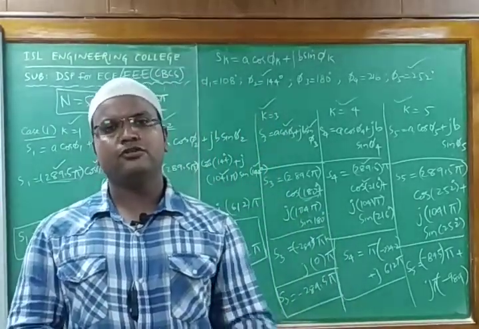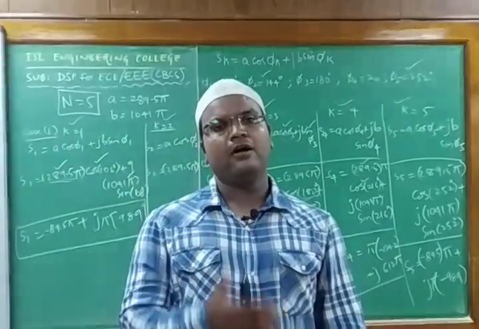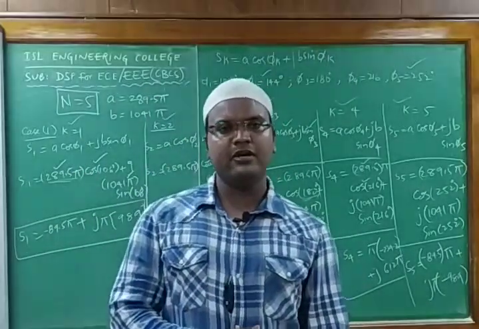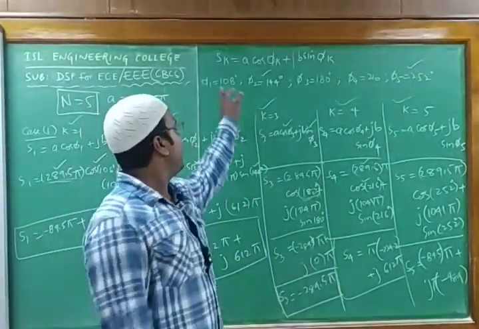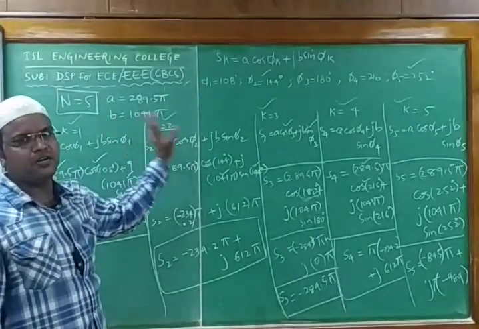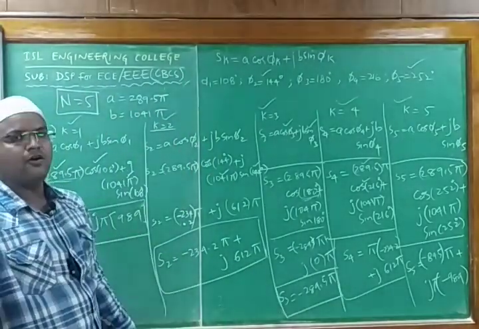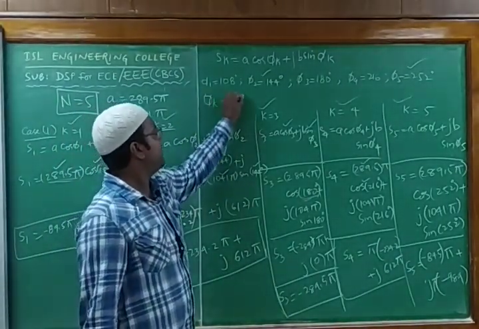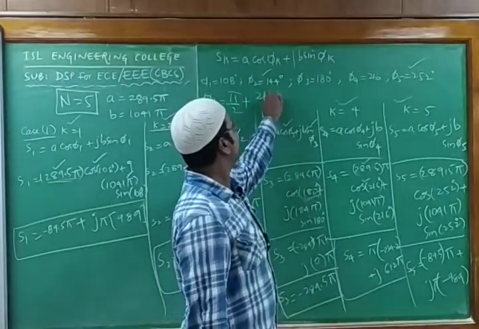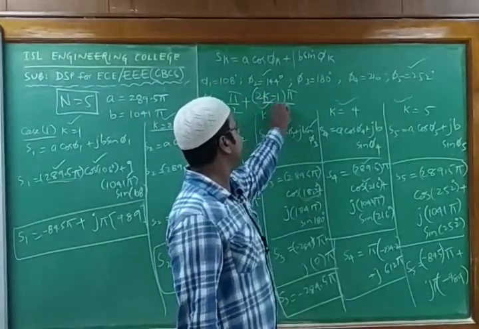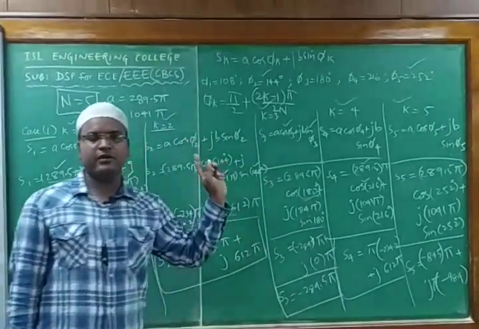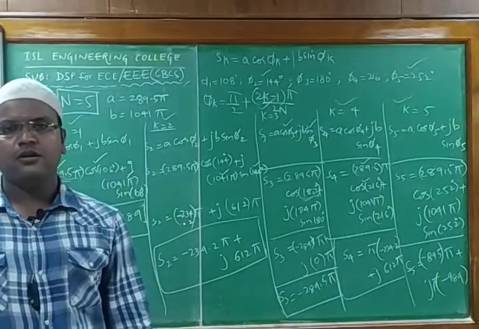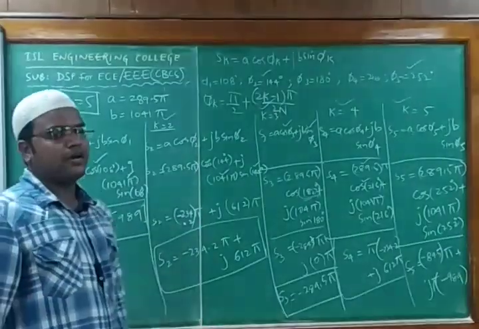To get the poles, we should know the coefficient A and the coefficient B. For those values, first you find epsilon, then mu, then put those values in A and B by using the formula, and then we get S_k. K indicates how many poles you will get. That will be decided by phi_k, and we know the formula: phi_k equals pi by 2 plus (2k minus 1) times pi by 2n. We are using it directly, not deriving all this, only to find poles and zeros to get the filter plot. This is the way we deal with problems related to Chebyshev filtering.